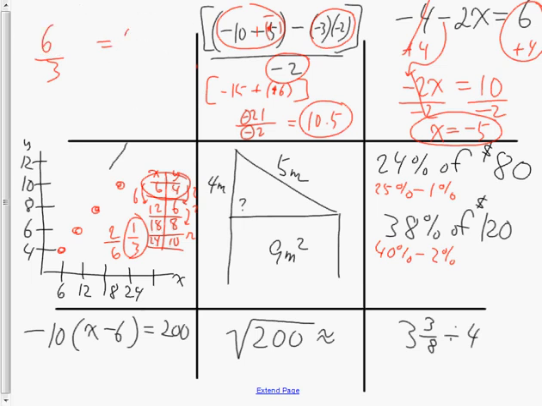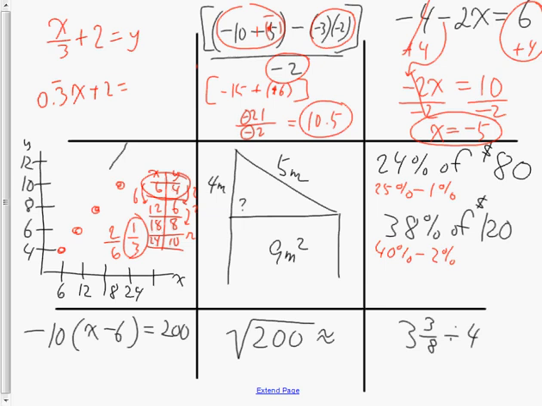6 here and 4 here, and see if they're equal. Well, 6 divided by 3 is 2. So 2 does not equal 4, but if I add 2 to it, it works. So therefore, your equation is a third of x plus 2 equals y, or 0.3 repeating x